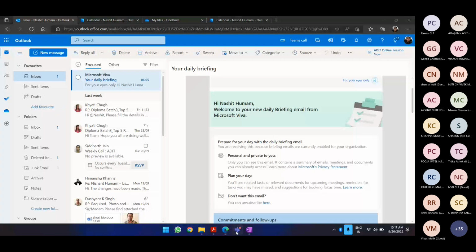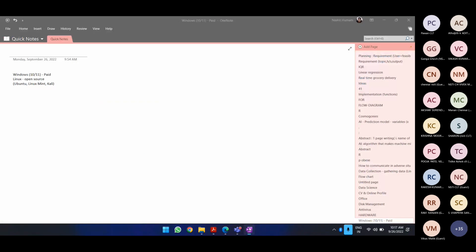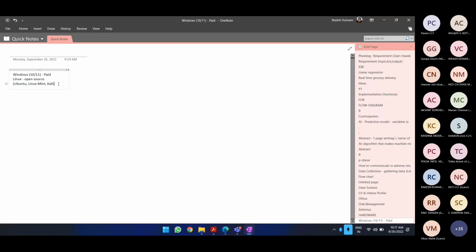Now, someone talked about Chrome OS. Chrome OS is another operating system, like when we talked about Mac OS. Chrome OS is available on Google's Chromebook.